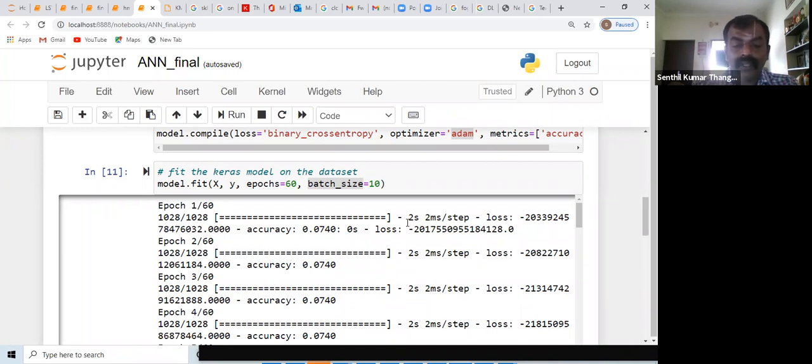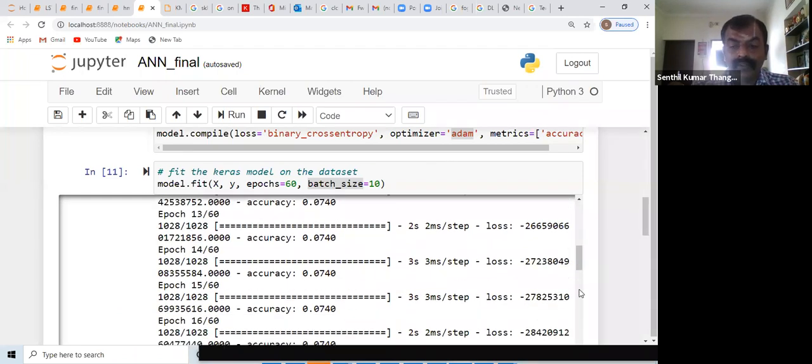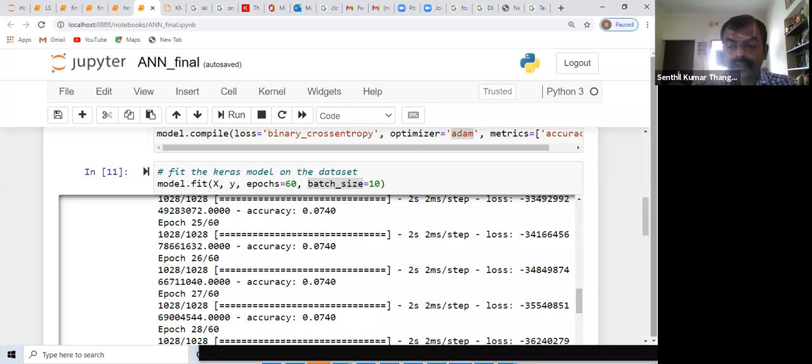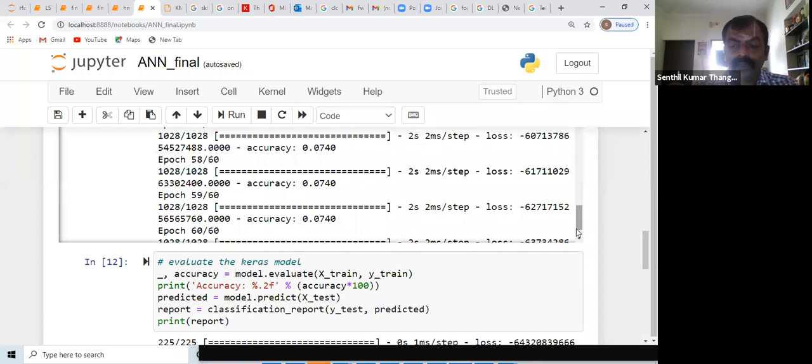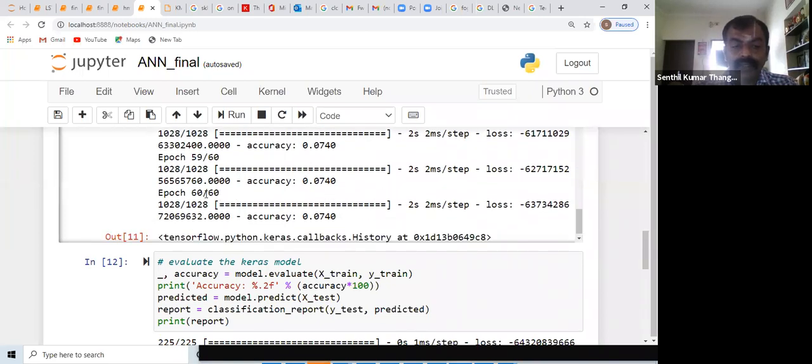As I told you, every time there is a forward propagation, a backward propagation happens. A forward propagation will estimate the error and the backward propagation will go and adjust it, and we'll check the error again. So it keeps improving; that's a learning component, the learning rate value. Based on the number of epochs that you provide, it will run and show you the final accuracy. Now, we are trying to create the model. It means that here it has run for 60 epochs, right? And the accuracy it has got is 0.07.